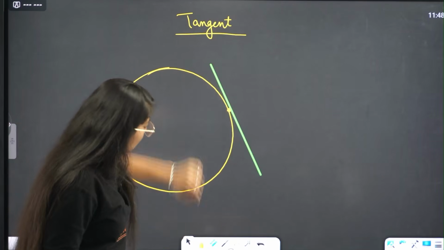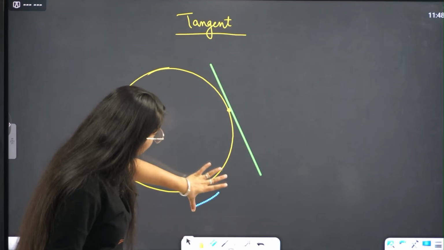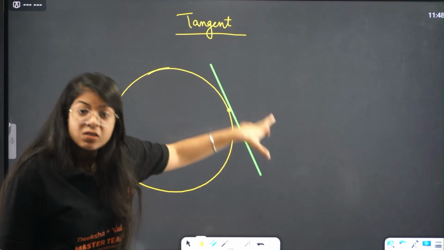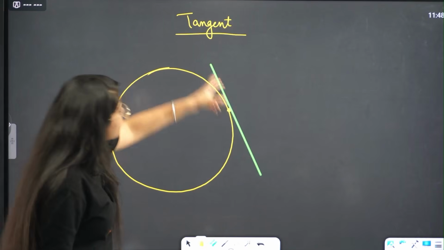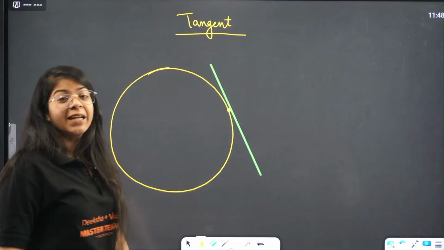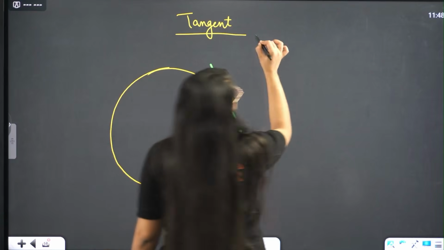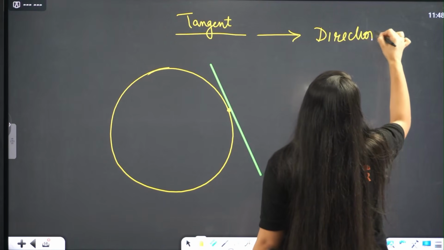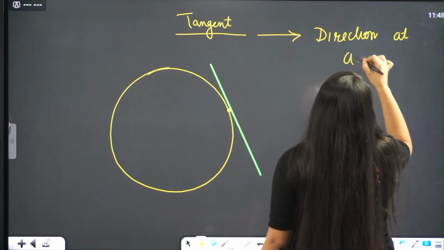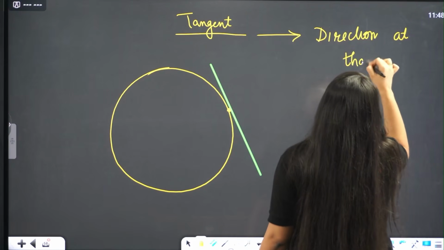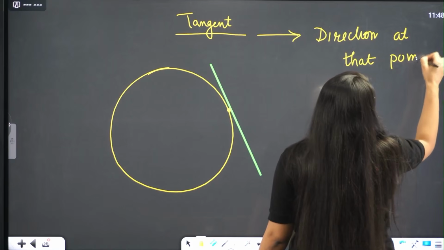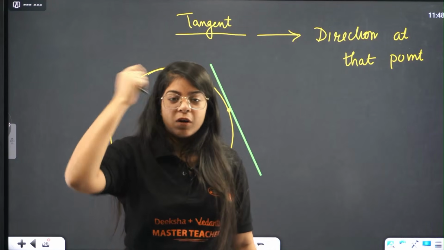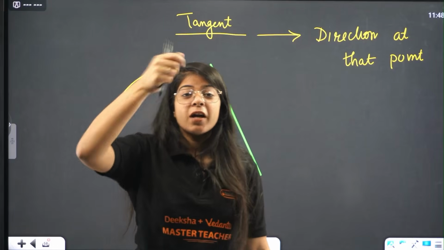I can't zoom it, can I? No. Okay. So it is touching at just one single point. This line is called a tangent. And this tangent gives the direction at that point. How? See, if again you have a rock tied to a thread and you are rotating it in a circular direction,